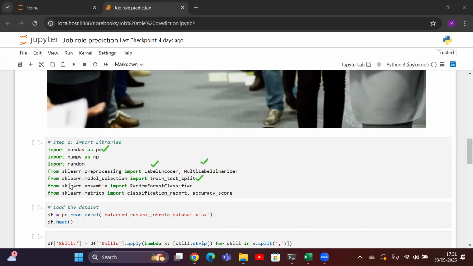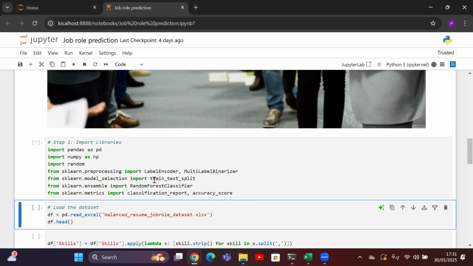training and testing. And we will be using RandomForestClassifier, which is a supervised classification model available in scikit-learn. And we are going to compute the performance of the model which we prepared by using classification_report and accuracy, which is again available in the scikit-learn machine learning library. So we will be importing all these libraries one by one. Let us execute this line.